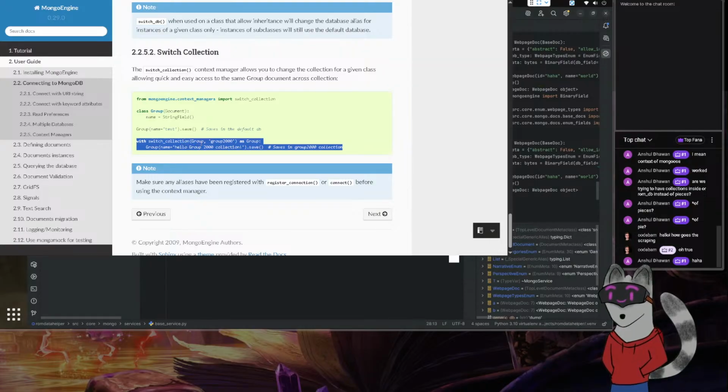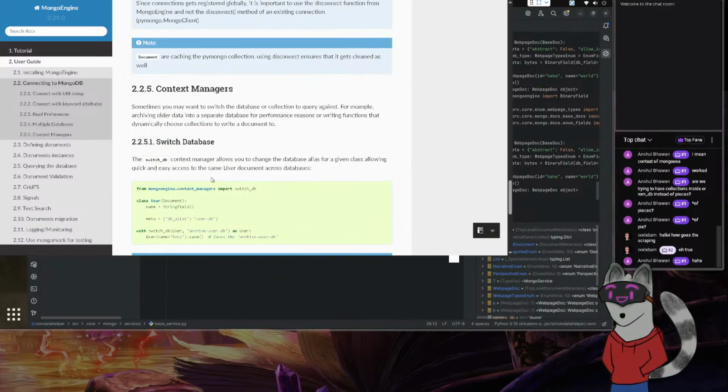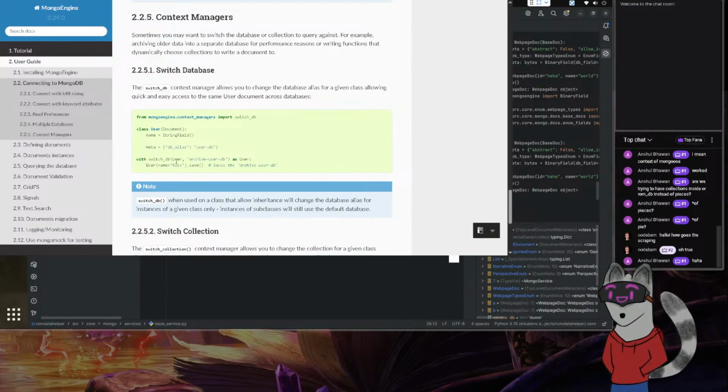So this is the class method. It has not been instantiated yet. It hasn't been turned into an instance. What we do is we switch collection. But we want to do the same thing with switch. Here it is, switch database. Yeah, there is our class function. We switch the database, so we're changing the DB alias. We're calling that as it is, and then from here,